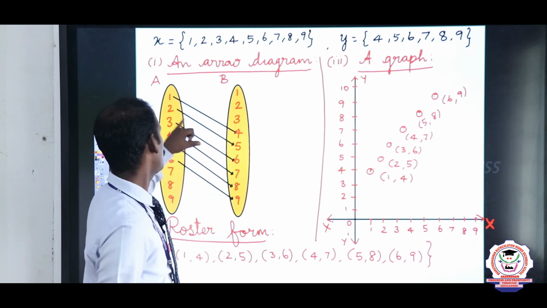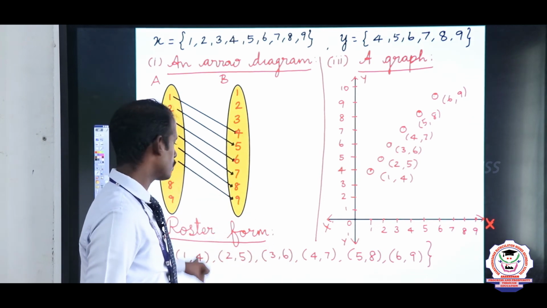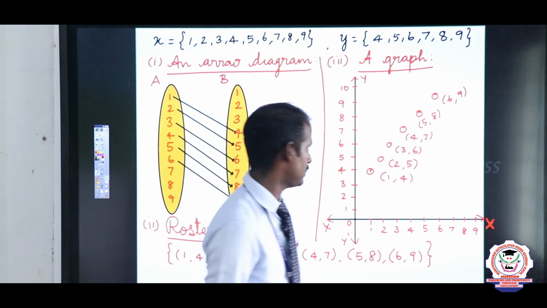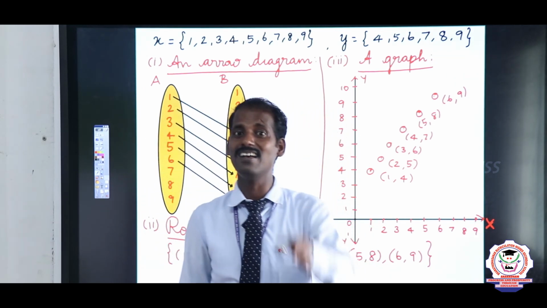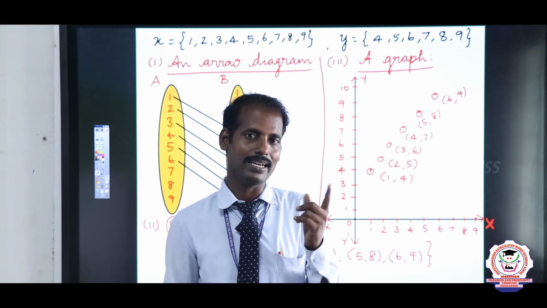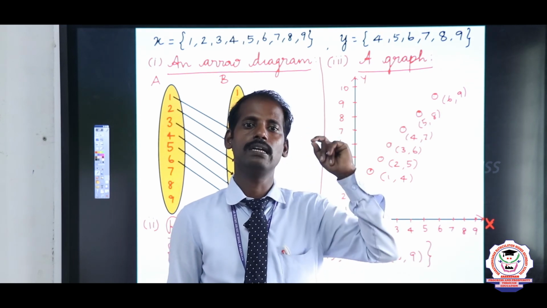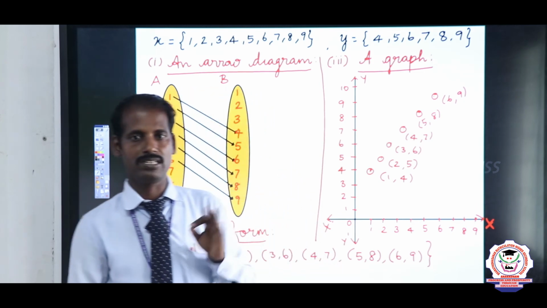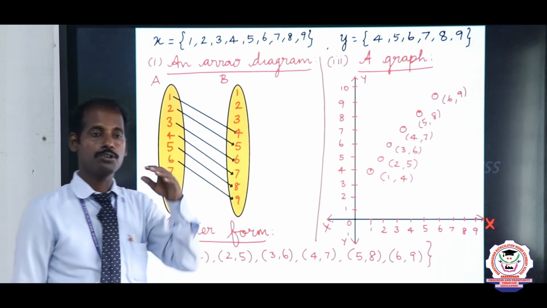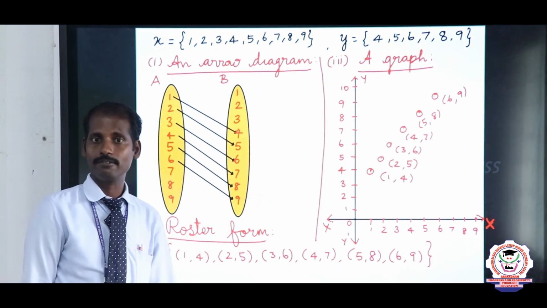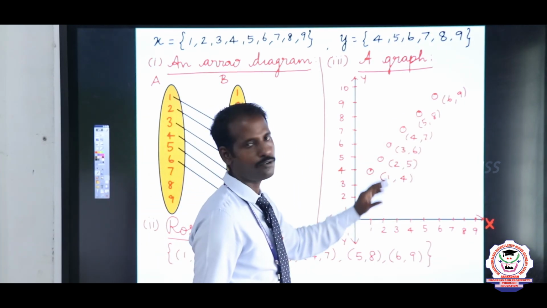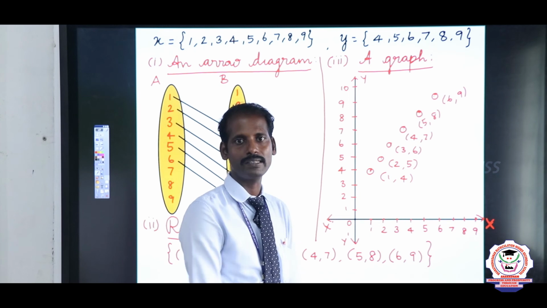That's it. So arrow diagram, roster form, graph. So condition is here y equal to x plus 3. So y equal to x plus 3 is a straight line because here x power degree, that is 1. So that is called linear equation. So linear equation, so you have to plot the graph, you will get only straight line. So the straight line only get, just you have to plot the points and then you complete the sums.